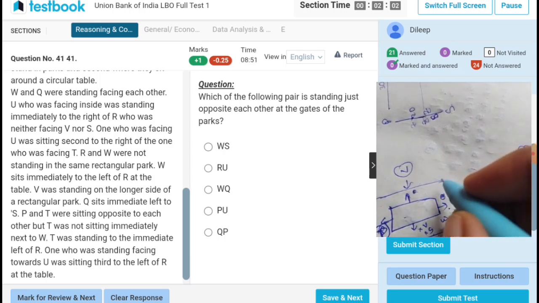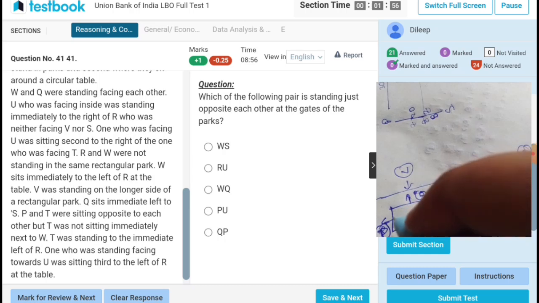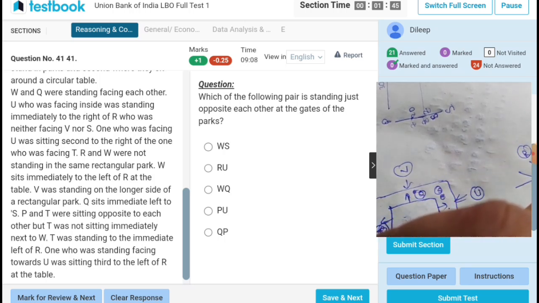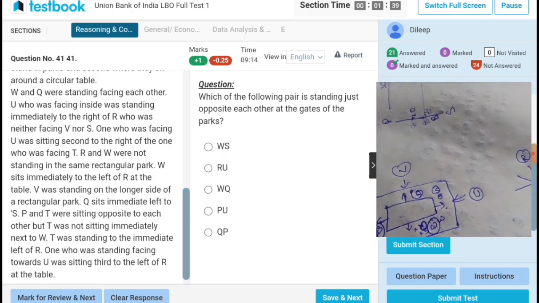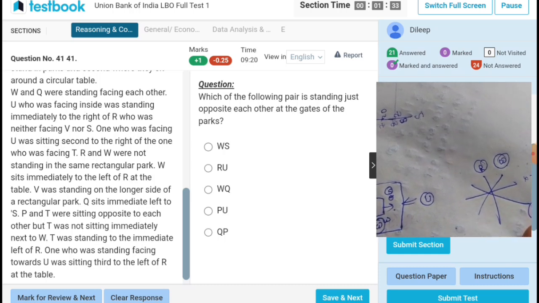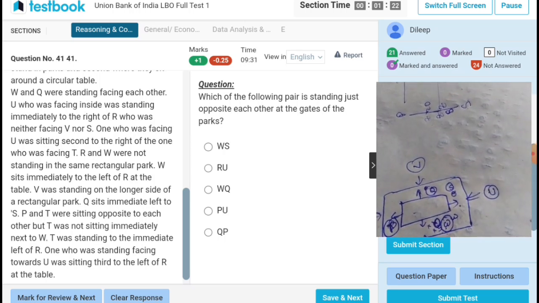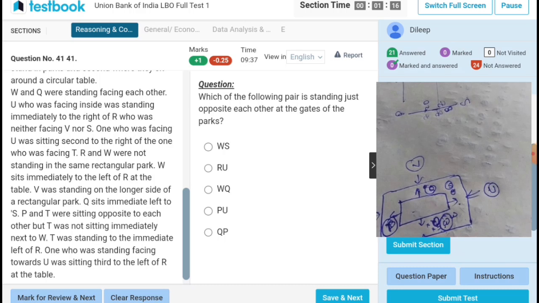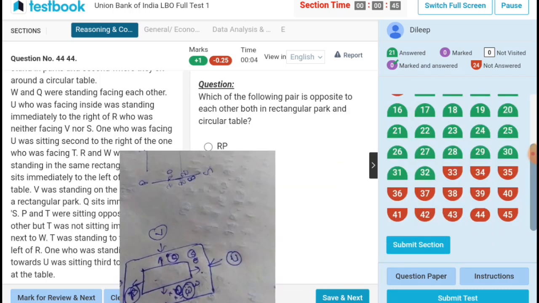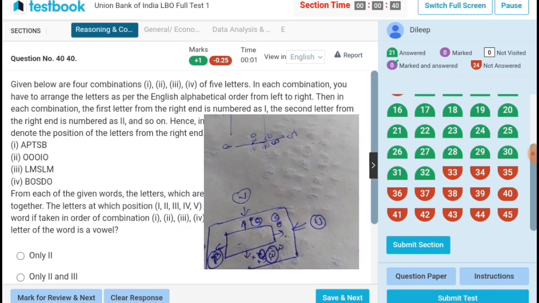Q is immediately left of S. So W. So W is RU, PU, just opposite, VQ, so QP. So that is,